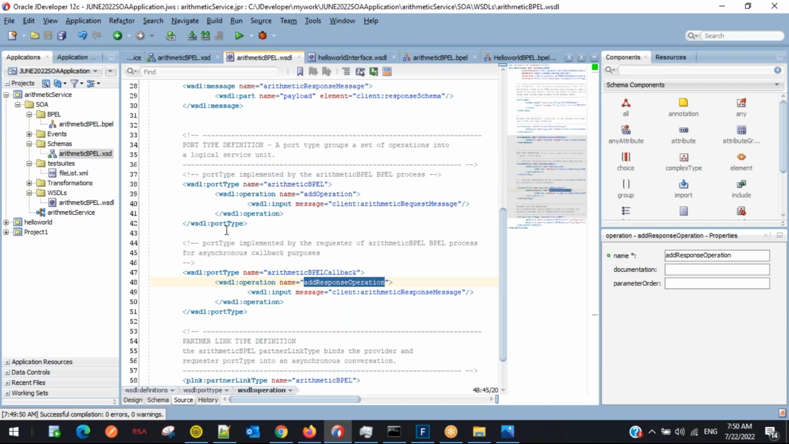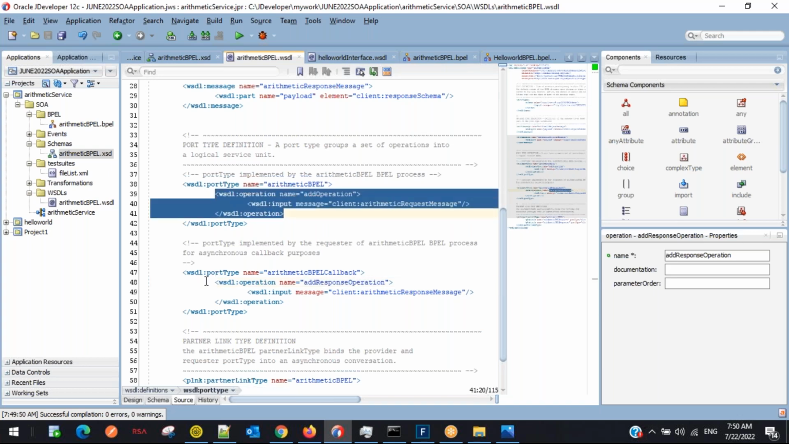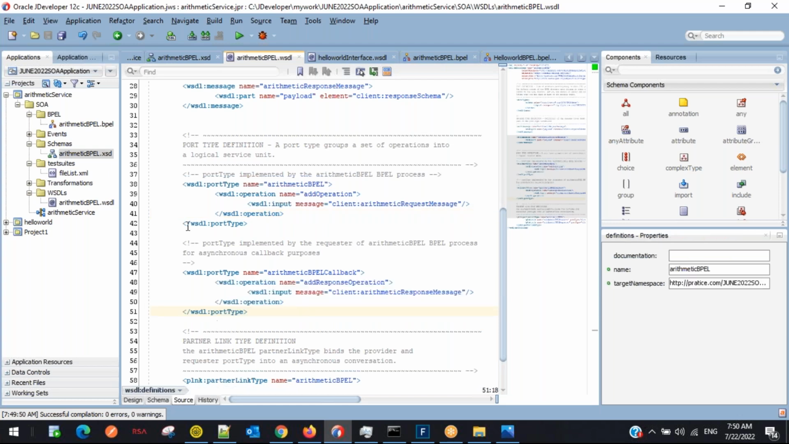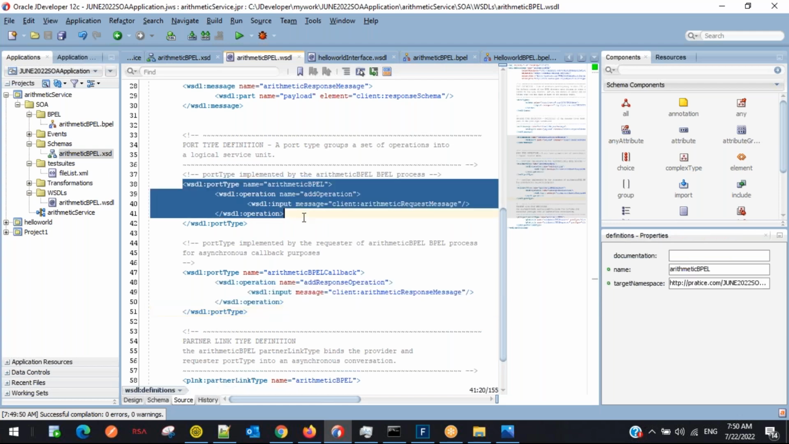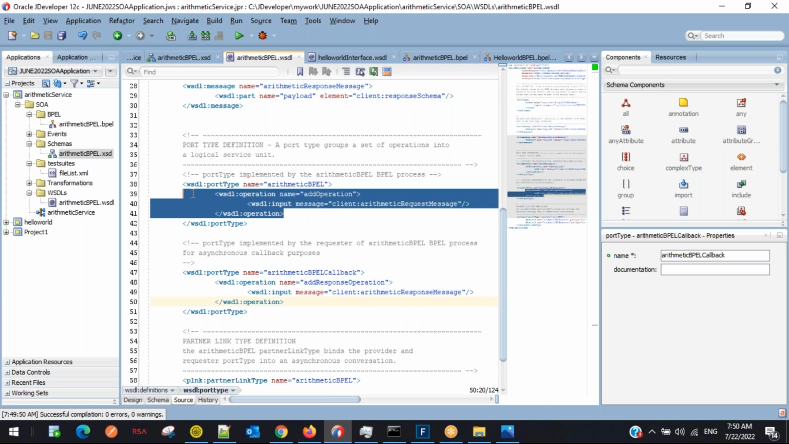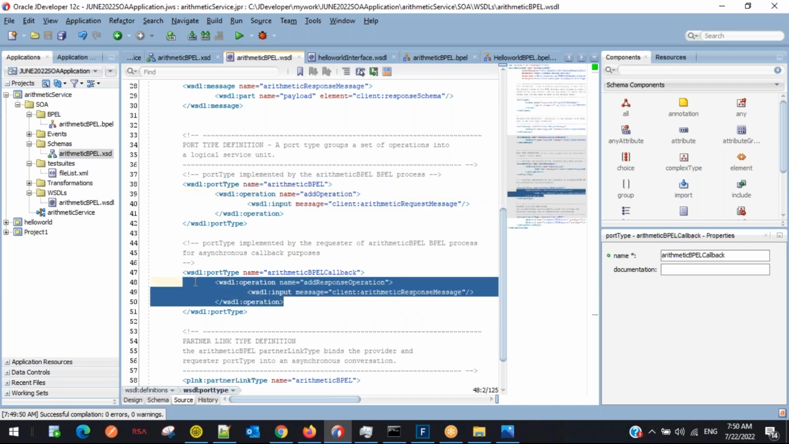As of now, whatever you see here is the addition operation, which is asynchronous. For an asynchronous operation, physically two operations are required. One is for request, one is for callback. But for async,